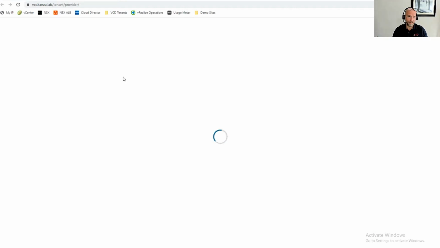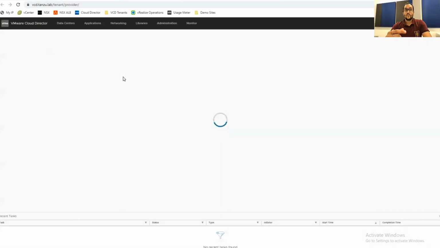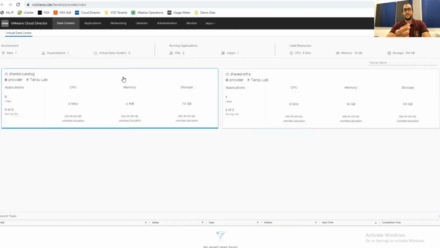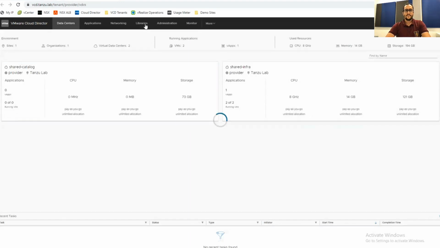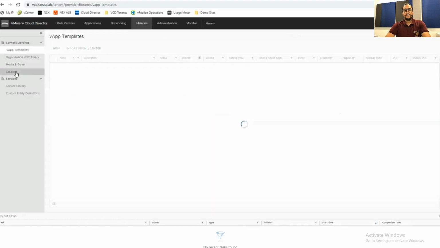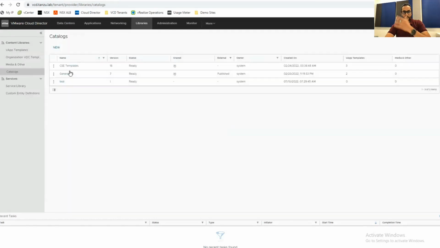So this is for the catalog sync between the organizations. Basically, the observability has changed, what was happening in the background. Okay. So in the libraries, I have the catalogs, and let's say, for example, this catalog generic OS is a